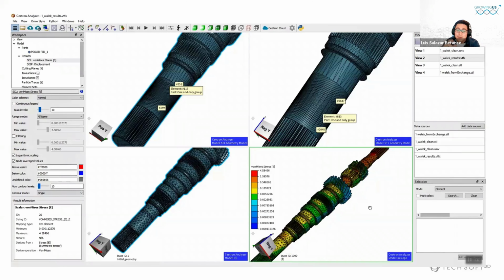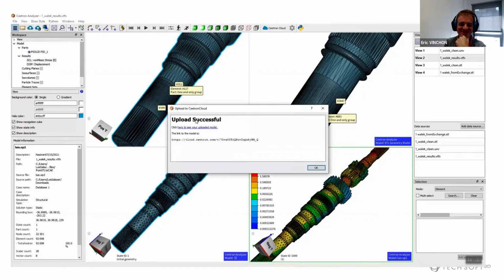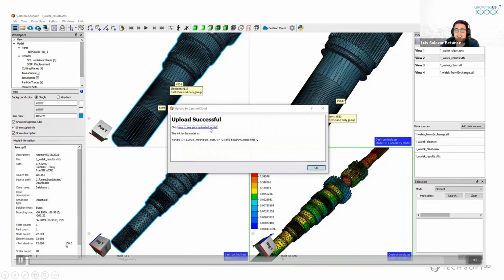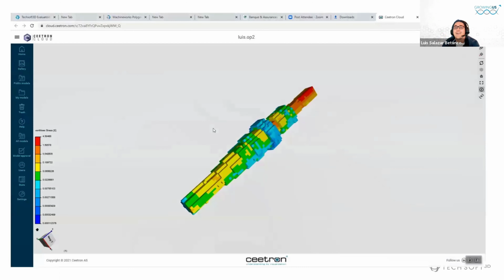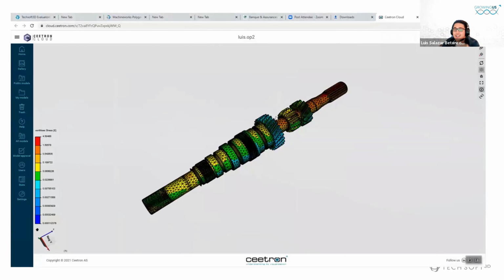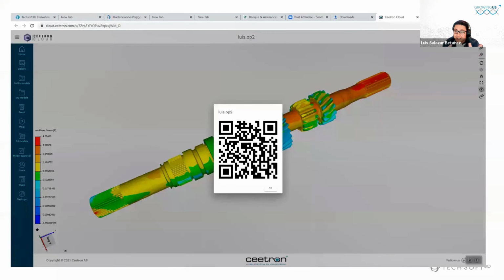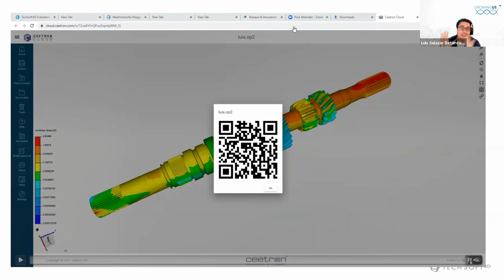But let's wait a moment, we haven't finished. So please everyone, prepare your phone. We will share that model into the cloud, and now you can finally finish the workflow by sharing your results with some peers. And if you have a phone, please take a moment to scan this QR code, and then you can see how nicely it can be interacted with on your phone. I will just give another minute here, and then I have another slide to show.